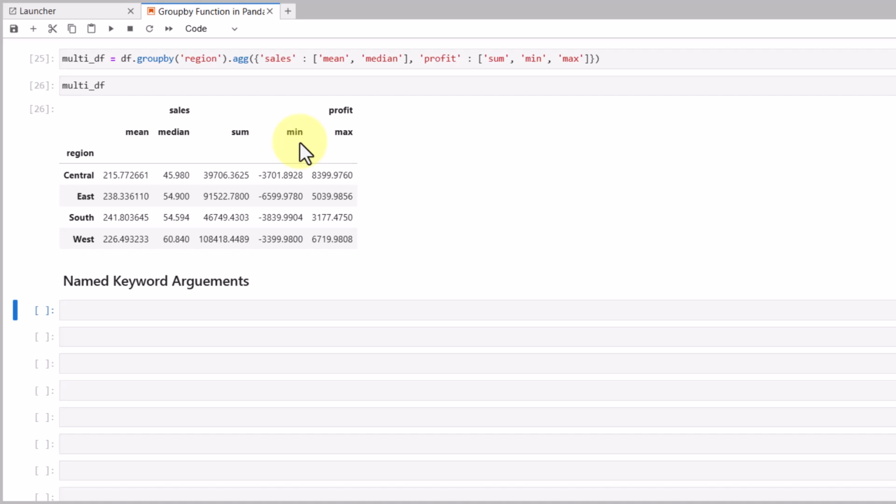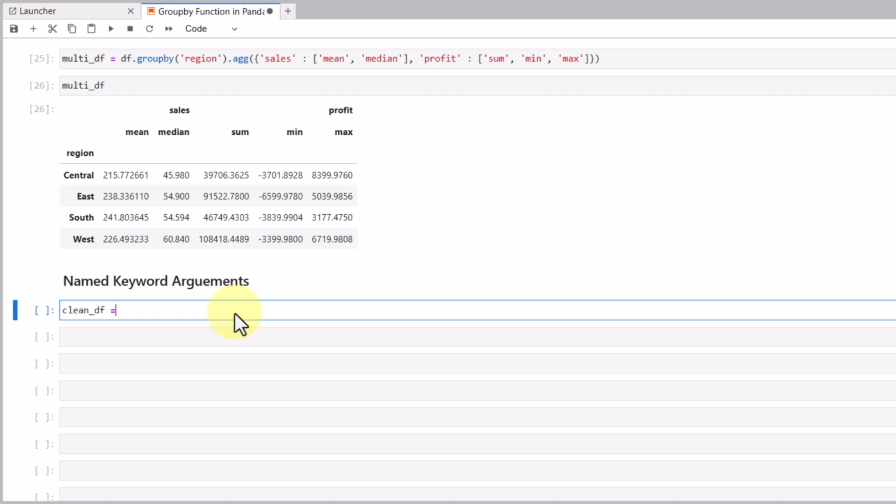We have seen examples where we can fix all these issues, but you have to write multiple lines of code, and it can be a manual process, or you have to write code where you clean the data or transform the column names in a more user-friendly way. However, since Pandas 1.1.0, one can pass named keyword arguments directly into the aggregate function. What does it mean? Let's see that by doing an example, and we can get rid of all these issues. Let's create a clean underscore data frame. Now what we can do is